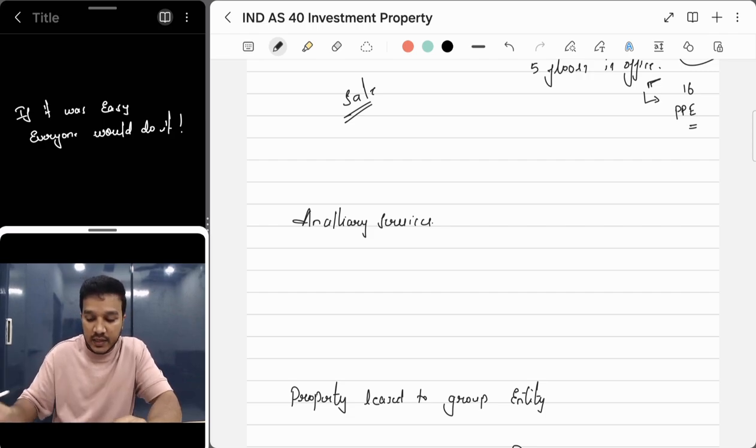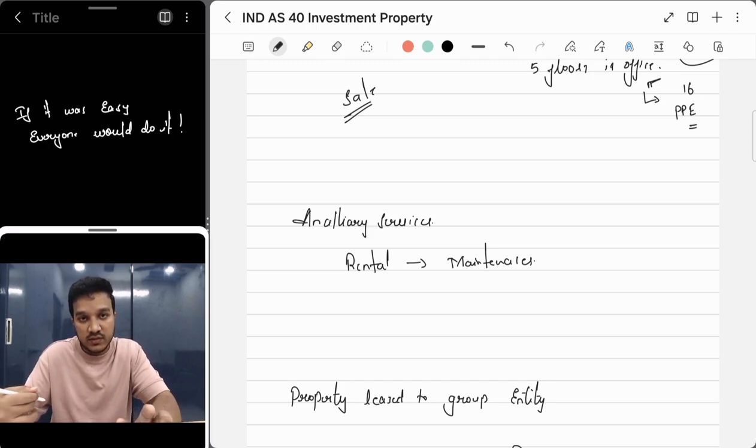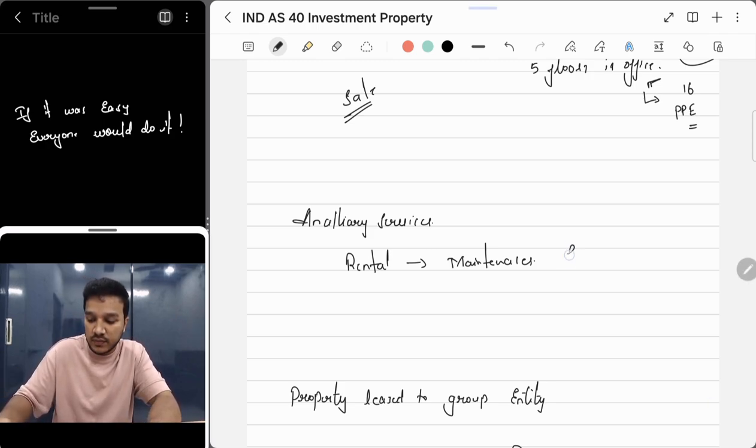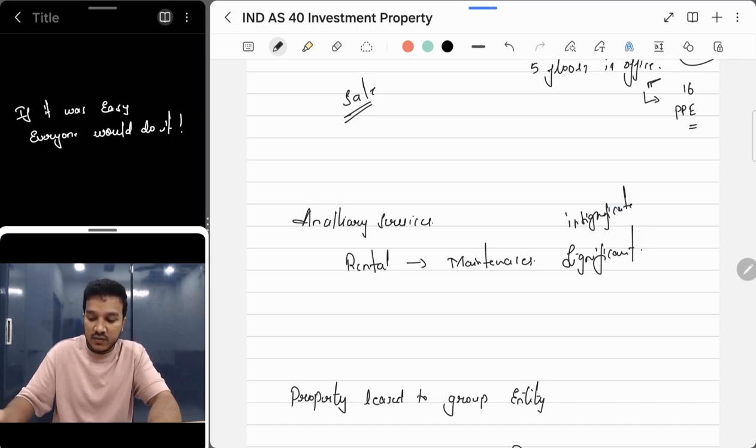So now I own a building where first one I've given it for rental. Okay, apart from rental services I'm providing other services like maintenance also. Okay, some maintenance services I'm giving here. In this case, you have to see if the services that I'm providing as maintenance is significant or not. But here in this case, if I'm giving it on rental basis, some security services I'm providing, that will be insignificant. Okay, since the other services, ancillary services, are insignificant, rental will be treated as investment property and